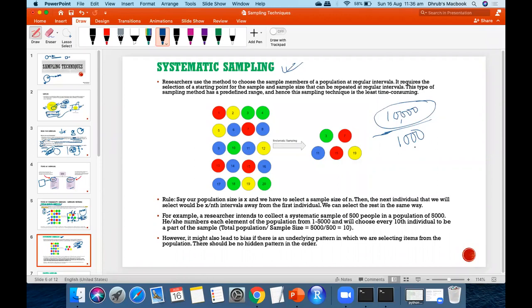Okay, and then I can start from a particular number. Say you will say that let's start from anything. Okay, and then we can start from there, and then at regular intervals we will take the sample. For example, say I have to draw 1,000 samples, then I'll divide 10,000 by 1,000, that is 10. So I'll just select every 10th person from the population as my sample. Okay, so in this way I'll get 1,000 people out of 10,000.